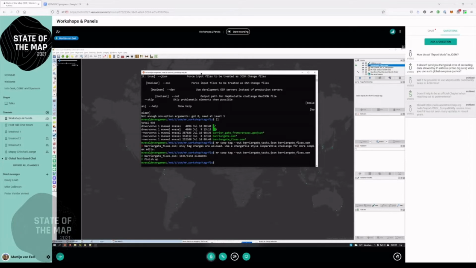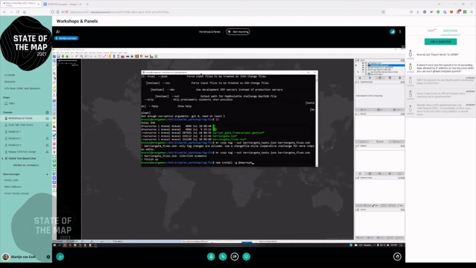So this is a terminal window. I'm using Windows, so I'm using the Windows Subsystem for Linux to get a Linux terminal. You could probably do it on a Windows command line as well. Node works on Windows, but I'm not really comfortable with that way of working. If you have a Linux machine, this should work pretty much out of the box, and on a Mac as well. So you need this MR tool installed with npm install global